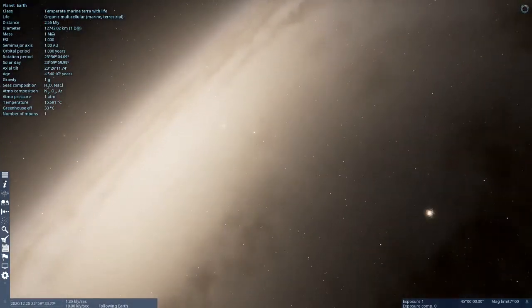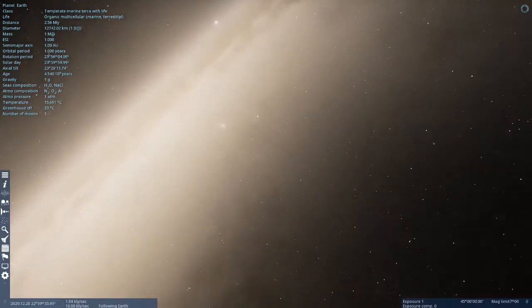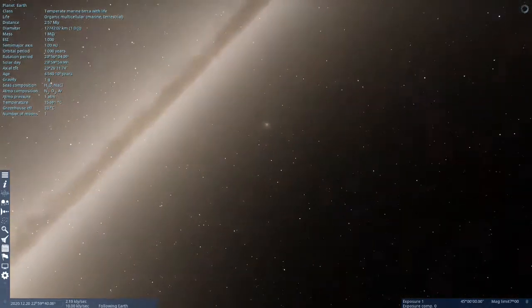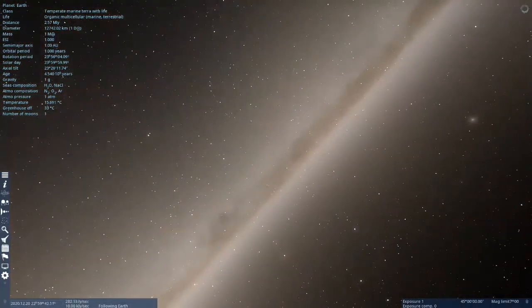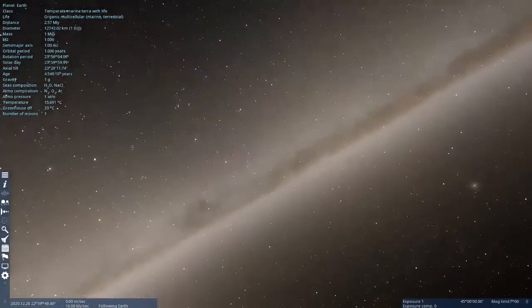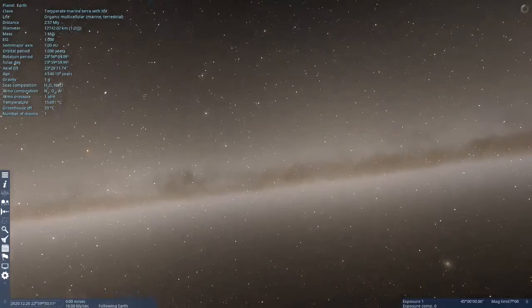And we start to see the stars of the Andromeda Galaxy. Now, where did all these stars come from? I mean, of course, the Andromeda Galaxy has stars in it, but we don't know anything about them. We don't know about all these individual stars. This is what Space Engine has done for us in creating this universe.